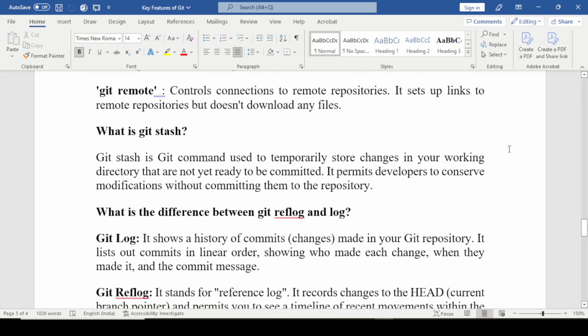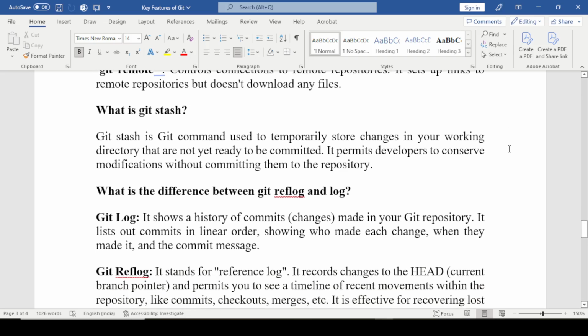What is the difference between git reflog and git log? Git log shows a history of commit changes made in your Git repository. It lists commits in linear order, showing who made each change, the commit ID, and the commit message.